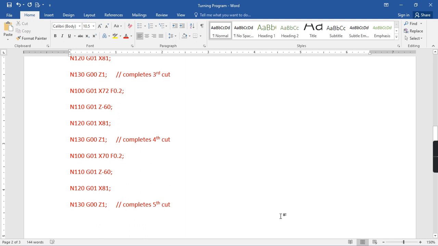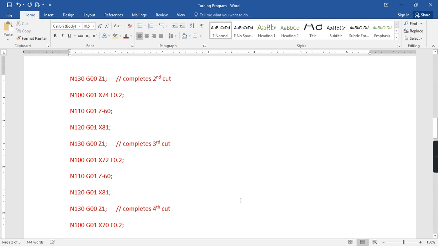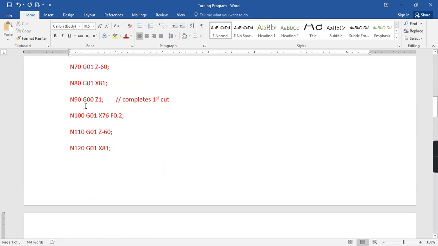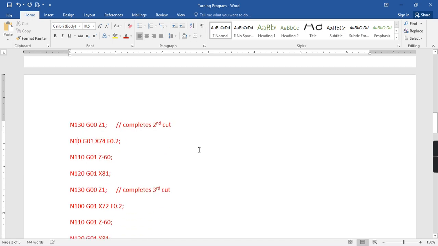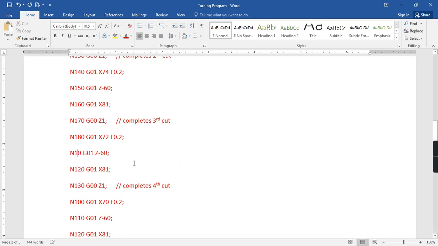Now at the last what is needed is we have to bring, now let me change the sequence number first. 100, 120, 130, this is 140, this is 150, this is 160, this is 170, this is 180, 190.